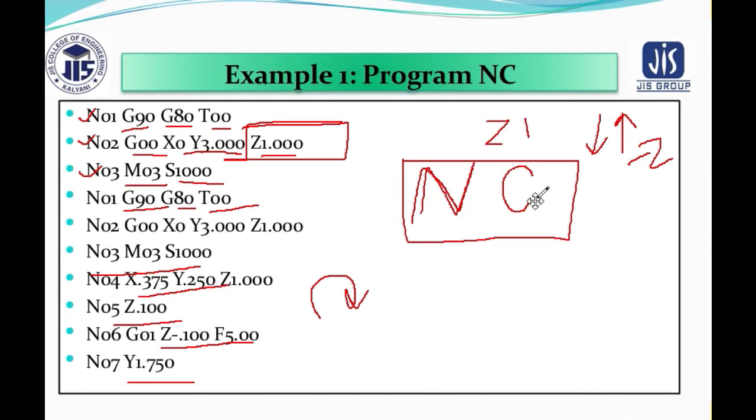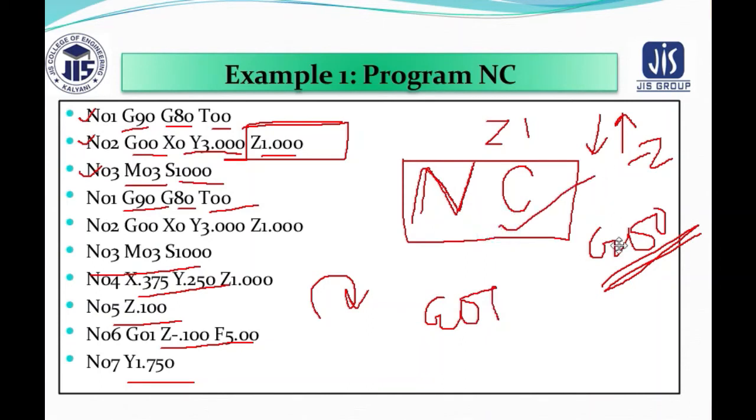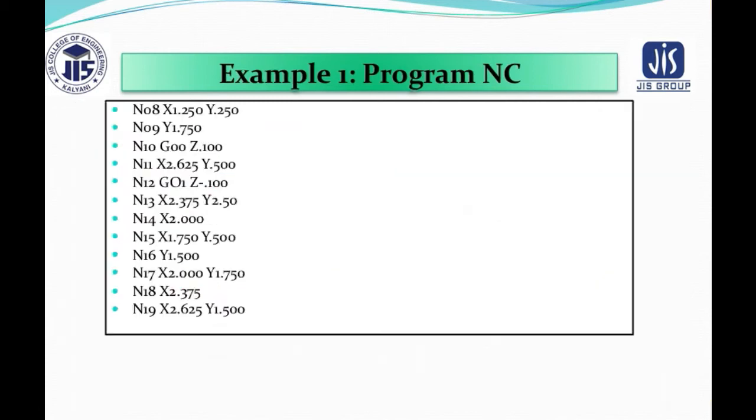Next you come to the C position, in this position. So when you are coming to this position, you have to use G00. Why? Here no point to point motion will be occurring, but no cutting will be occurring. Then when you start the operation, again you have to use G01 to start the cutting operation, and you have to start the cutting of the C program. So this is the thing that has been given in line number 8. Again X new position has been given, Y position has been given. So everything they are performing here.